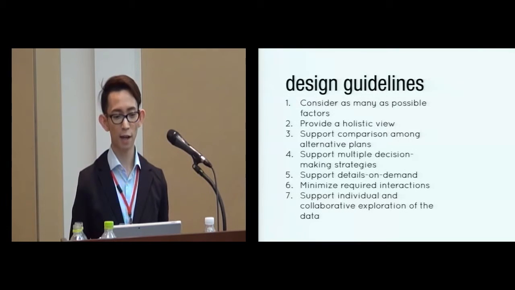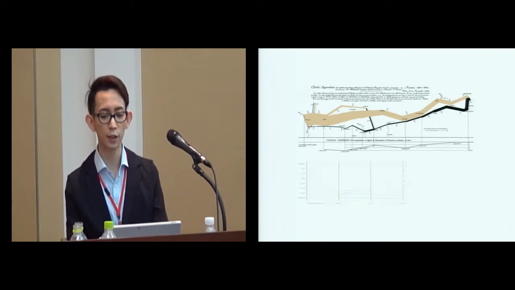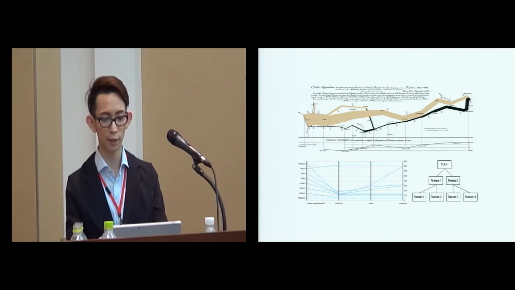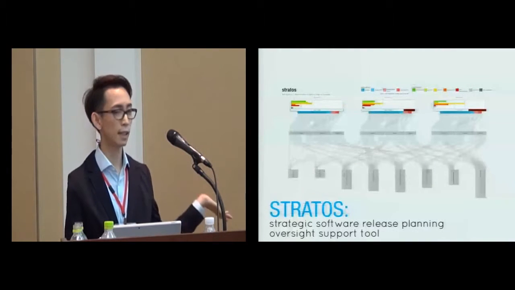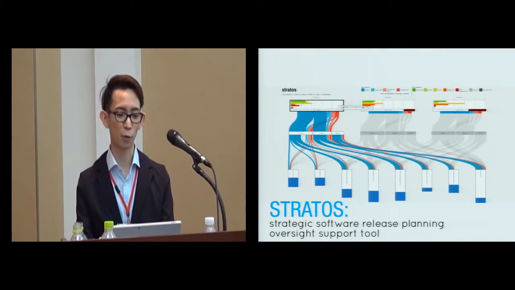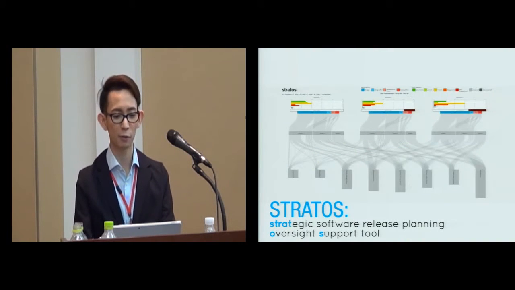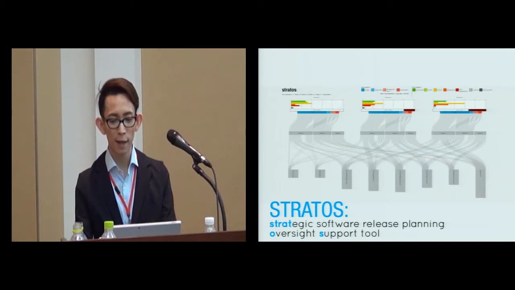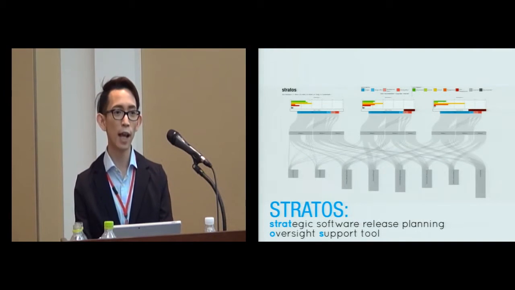In our paper, we developed design guidelines with the help of a release planning domain expert. If you want to know more details, feel free to read our paper. But for now, I'm just going to say that we took 3 existing visualizations, namely Sankey diagrams, parallel coordinates, and the graph layout, and combined them into a hybrid visualization, basically taking this data and turning it into something more visual. This is what we called STRATOS, which is short for Strategic Software Release Planning Oversight Support Tool. And what you're seeing here is 3 alternative plans on how to get Snappy